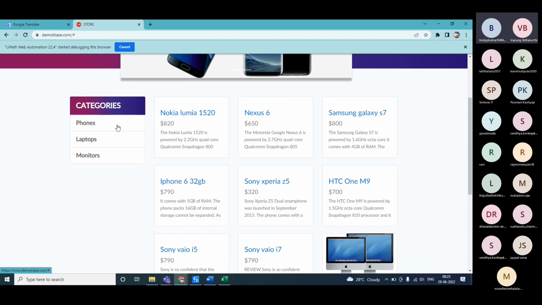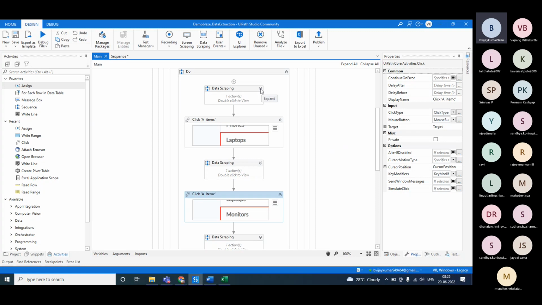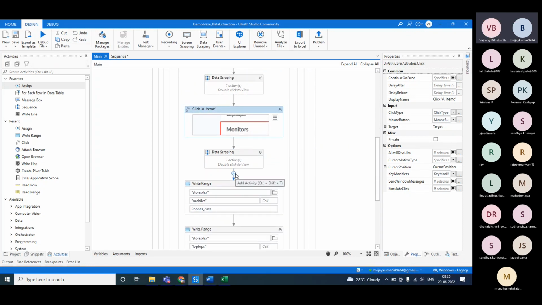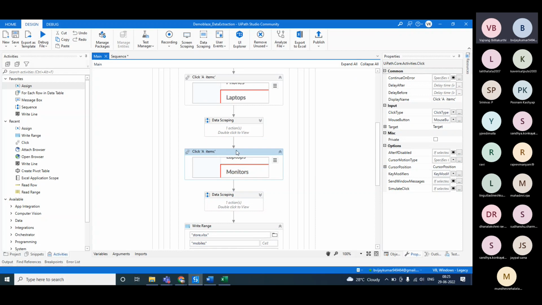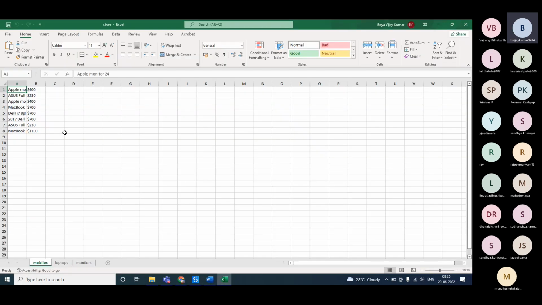So clicking on next. First I extract the data for phones and then click laptops, monitors. In laptops, we have 2 pages. How are you extracting for the next page? Okay, you're selecting the next page. Yeah, it selected laptops.